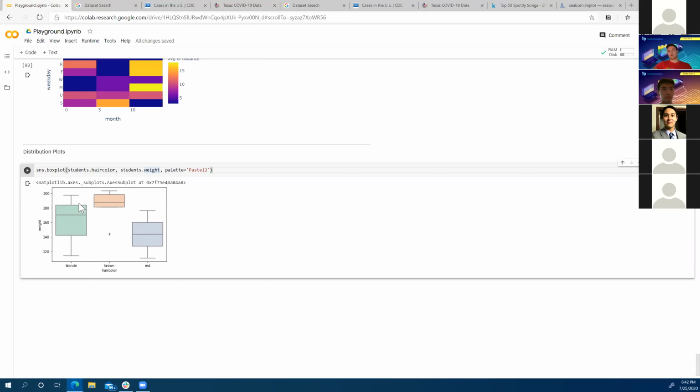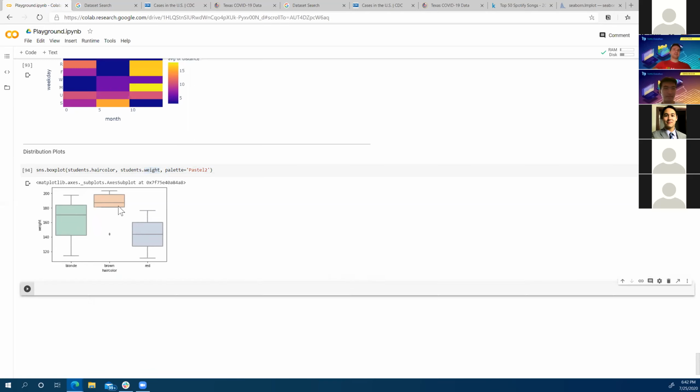If you know what box plots mean, then you can interpret these correctly. I'm not an expert on box plots, so I'm not even going to really try. I do know that this line here, I'm pretty sure is the median. And these are like outliers or something. I don't know. Anyway, I'm not going to try to explain that one to you guys, but that is how you create a box plot if you're really interested in it. That's probably on my reading list for stuff that I want to understand.